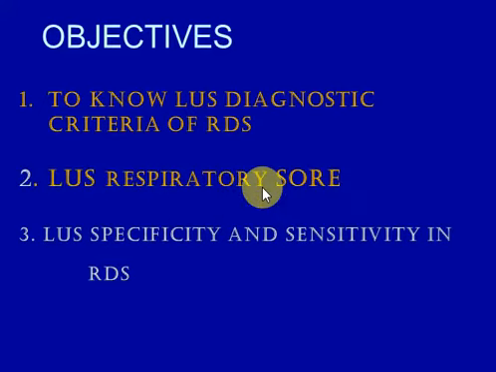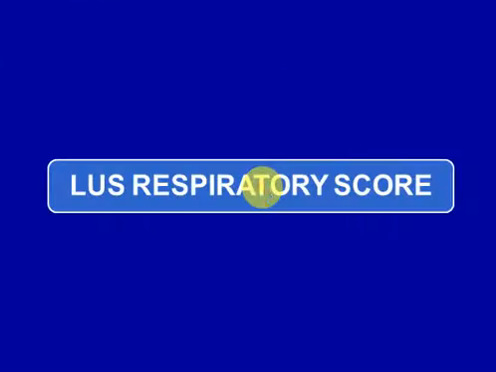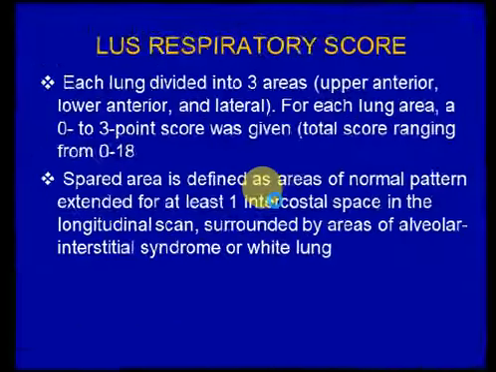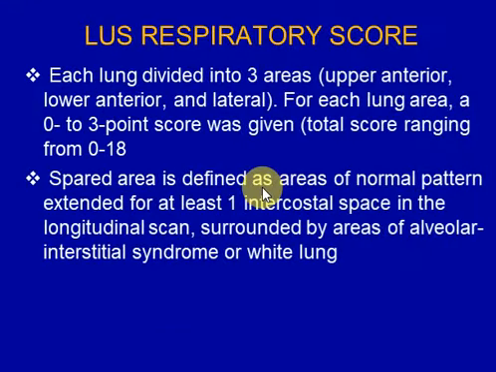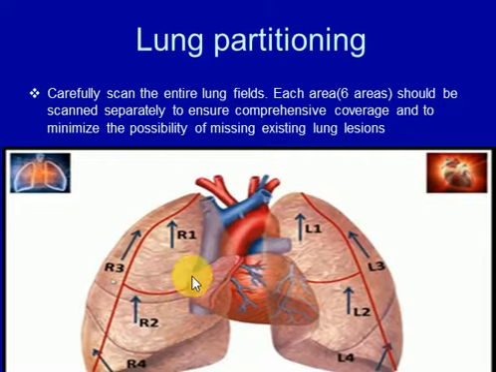So we'll talk now about the respiratory scoring system. Each lung is divided into three areas: upper anterior, lower anterior, and lateral. For each lung area, a 0 to 3 point score is given, with total score ranging from 0 to 18. Sometimes we find a spared area, defined as normal lung pattern extending for at least one intercostal space in the longitudinal scan, surrounded by the area of alveolar interstitial syndrome or white lung. See, we'll divide the lung into the